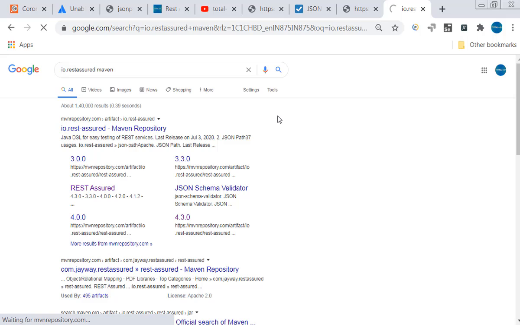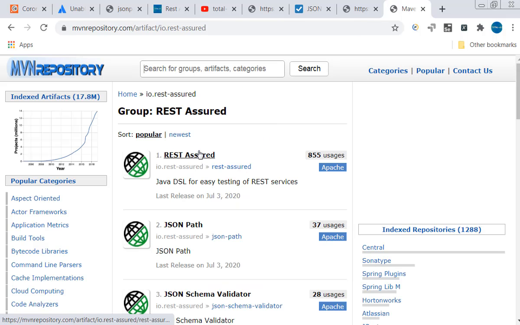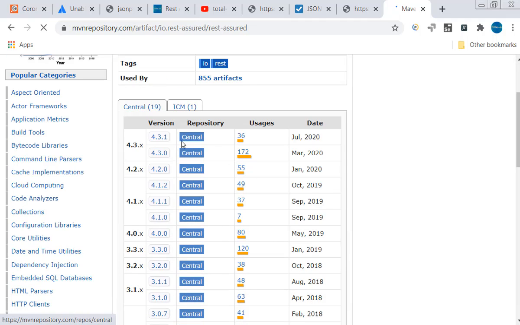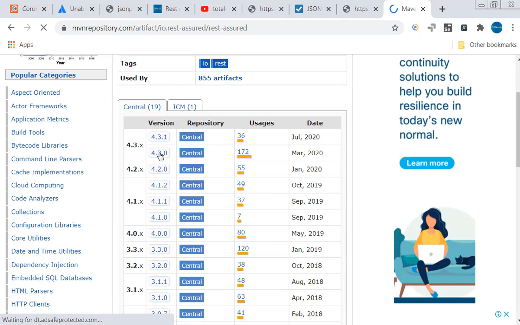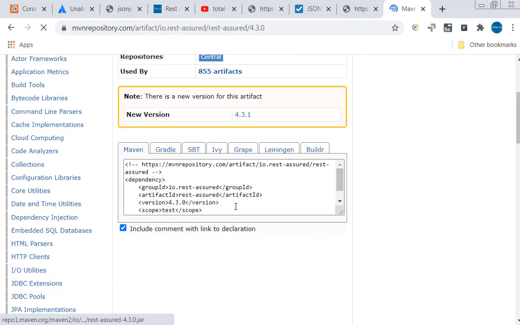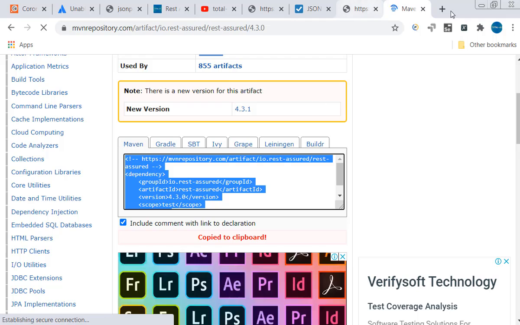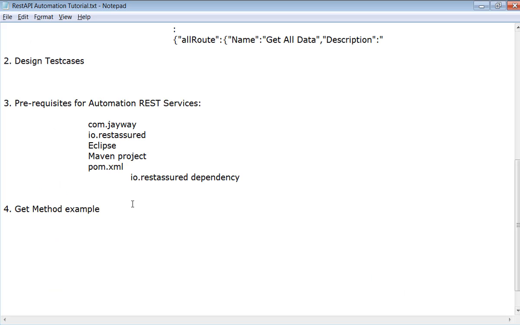Click on it. Okay, and you can check any of the versions. Let me take 4.3.0, because it has been used by 172 people. Let me copy this, copy it to the clipboard, then go back here.